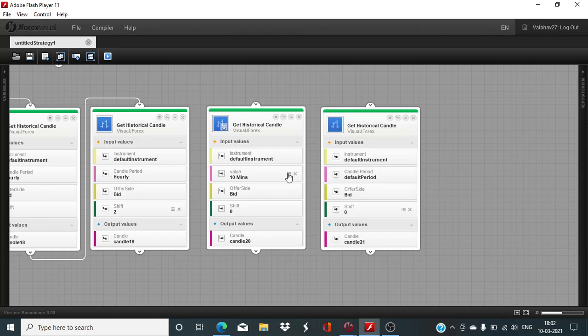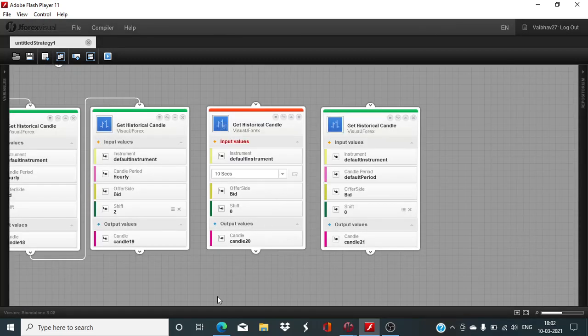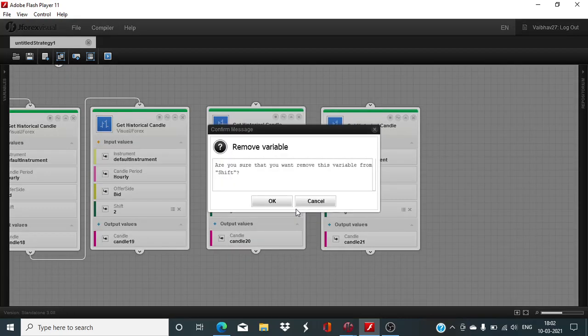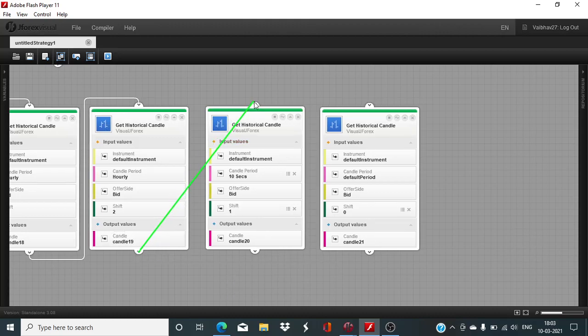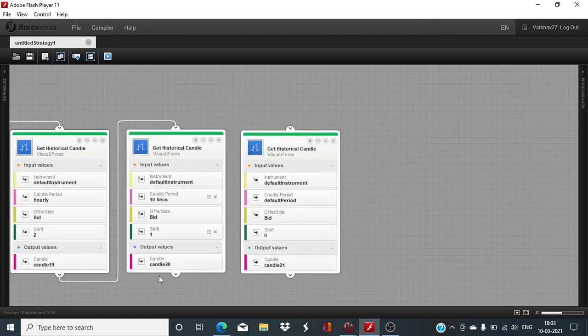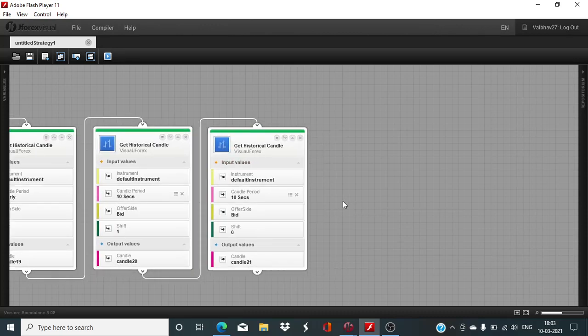Okay, and this one 10 seconds, and here also shift value of 1. 10 seconds,